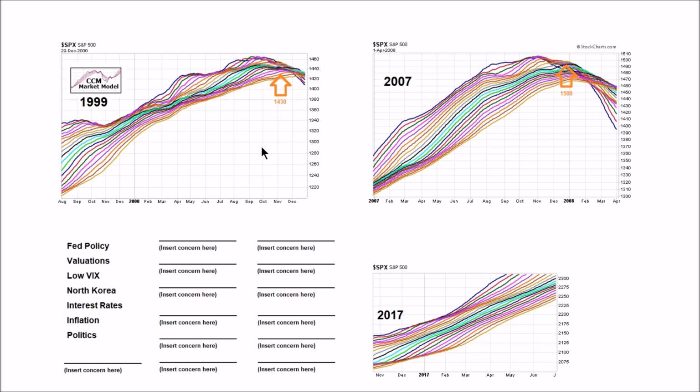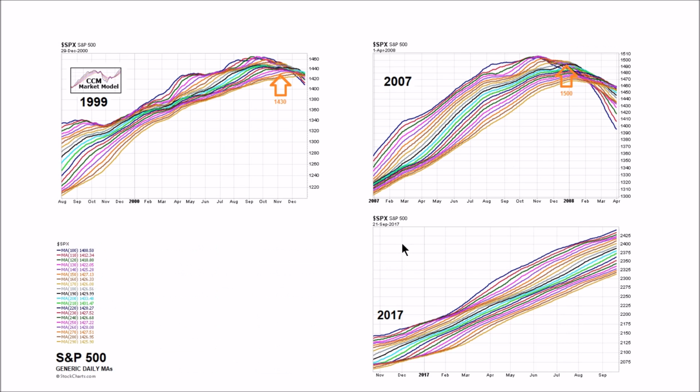Interest rates, Fed policy, valuations, the VIX, North Korea, you name it, it's been thought of, and it's reflected in these charts. The charts cannot predict the future. They just help us assess probabilities. Back in September of 2017, we said this really doesn't look anything like this, and this really doesn't look anything